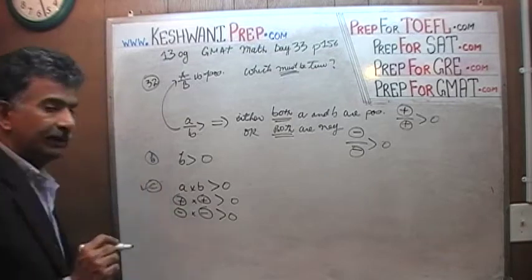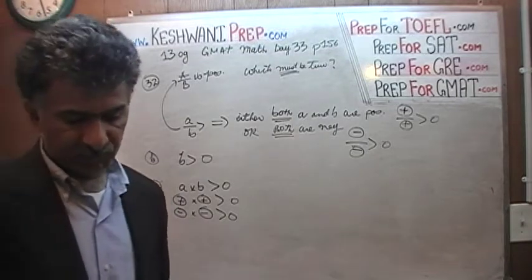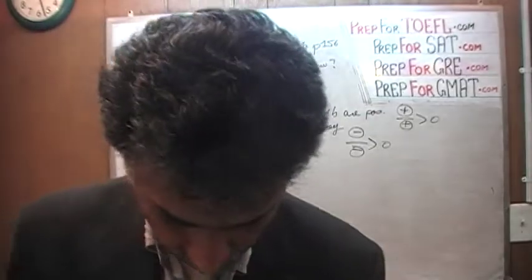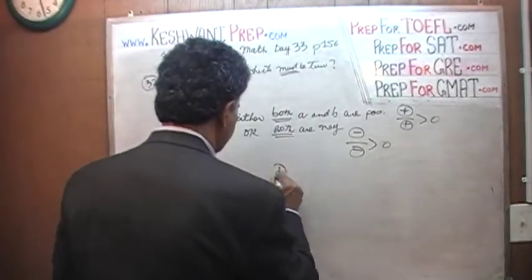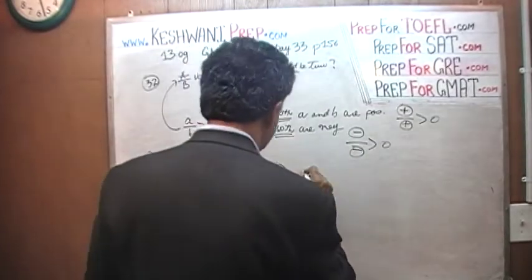This statement is something that has to be true. It must be true. C is the answer. In answer choice D, they go on to tell us that their difference